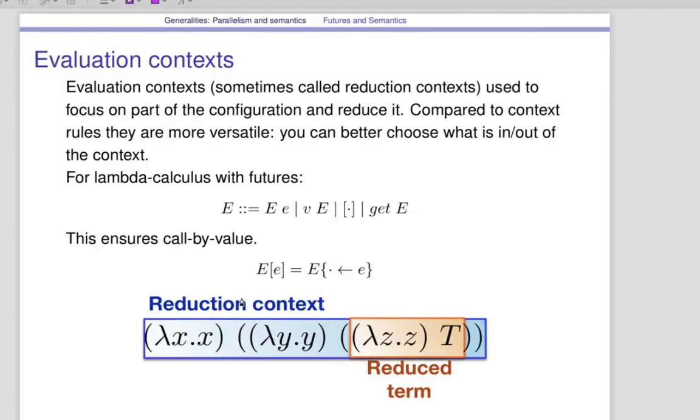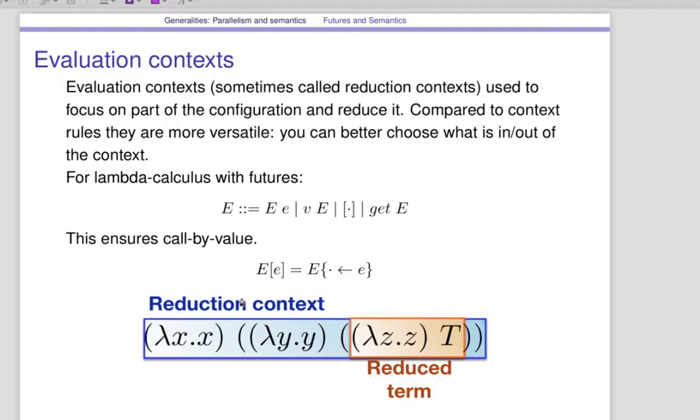E is an evaluation context, or reduction context, sometimes called too. It's used to focus on part of the configuration and reduce this part only. It's a tool that is used in several different semantics, the ones that are a bit more evolved, because it's a good way to put aside part of the configuration and restore it just afterwards.